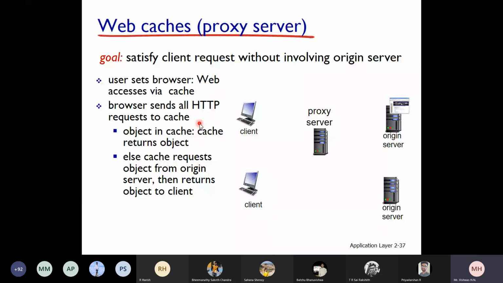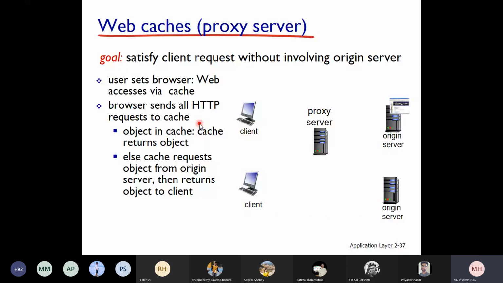Okay, but if this proxy server doesn't have that web page, what it will do is send the request to the origin server. From the proxy, the request will go to the origin server. The origin server will send the response to the proxy first, which stores it, and then gives it back to the client. Next time, tomorrow, when you make a request, that request will again go to the proxy server. The proxy server already has it because yesterday it stored that web page in its database, so it will give it to you directly. Is that clear?